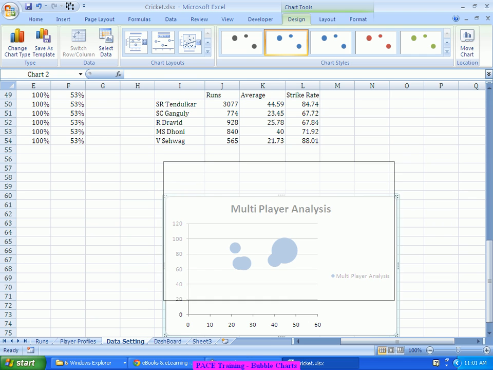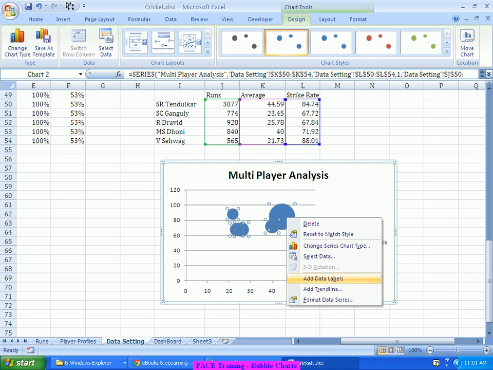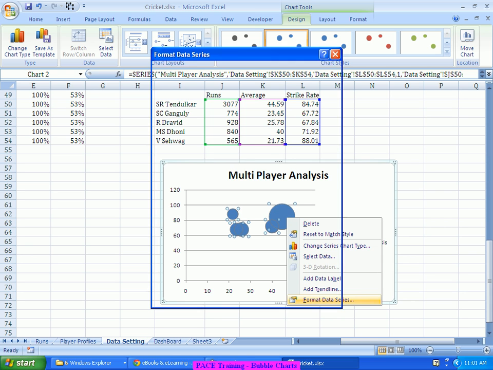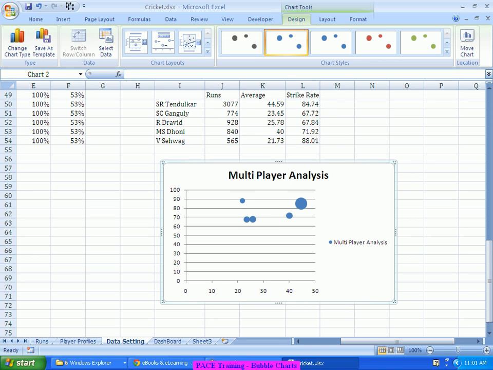But we are not able to interpret too much from the bubble. The x-axis is showing the different averages, the y-axis is showing the strike rates. But because the bubbles by default are of a very high size, we are not able to interpret too much from that. So what I will do is select the bubbles, go to format data series, and set the size of the bubble, let's say bring it down to 40. Now with that there would be slightly smaller bubbles, and what we also see here is